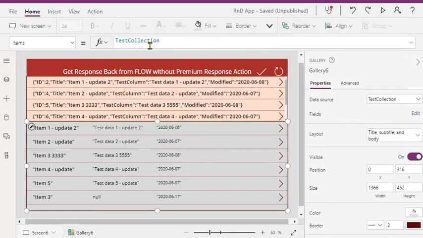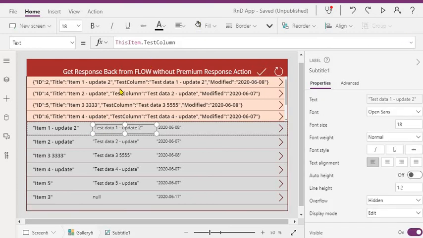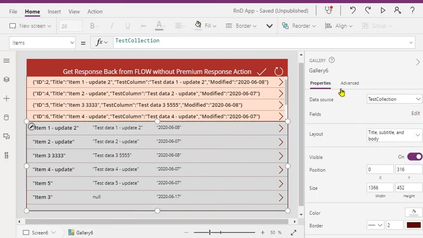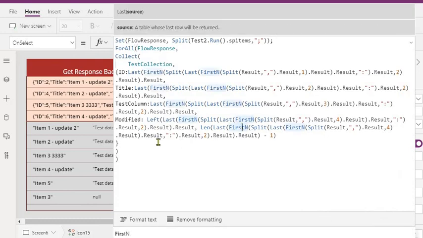You can see this test collection which we have bound to a gallery, and each of the labels is bound to the particular column. If you need, you can look at the code again. The main part is the splitting part, because here you need to make use of Last and First functions also, to get the exact value.